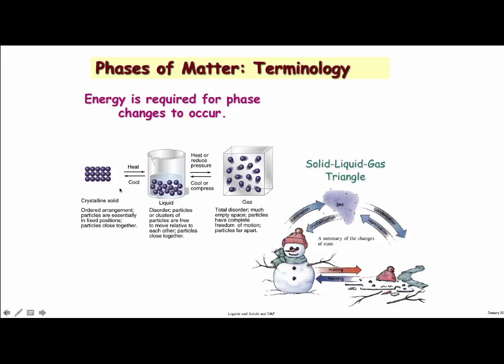Here, what you see is, take for example ice. Ice is the solid form of water. If you heat ice, then it liquefies and forms liquid water. If you heat liquid water, then it vaporizes and forms gaseous steam. If you take that steam and cool it down, you condense liquid water, and if you cool that down further, you get ice back. And so here is an example of the 3 phases of matter: solid, liquid, and gas, and the process by which they convert from one phase